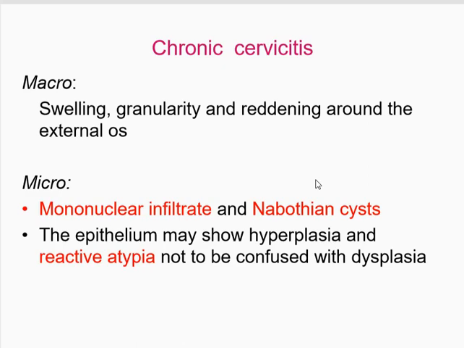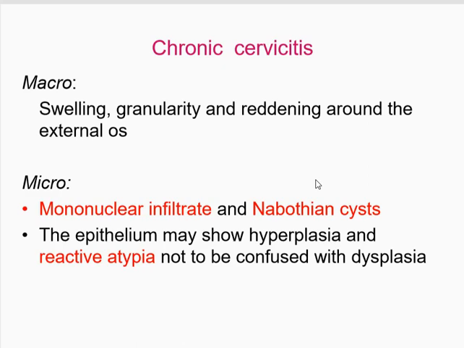Macroscopically, swelling and granularity of the originally smooth and wide cervical surface is seen, with hyperemic reddening around the external os of the cervix. Microscopically, there is a mononuclear infiltrate, as I showed you on a previous slide, and there